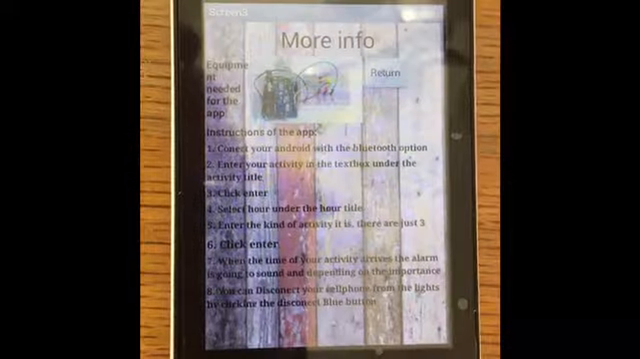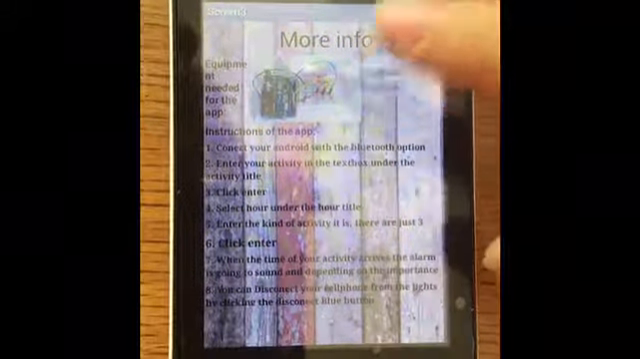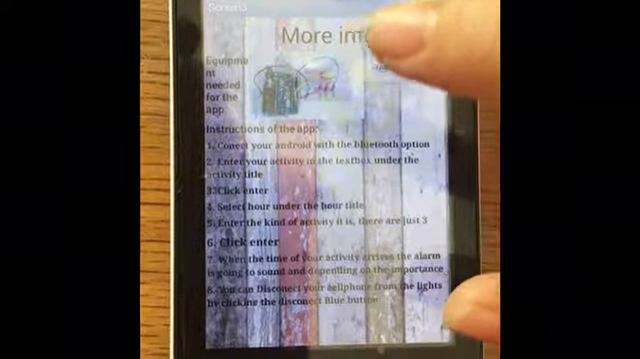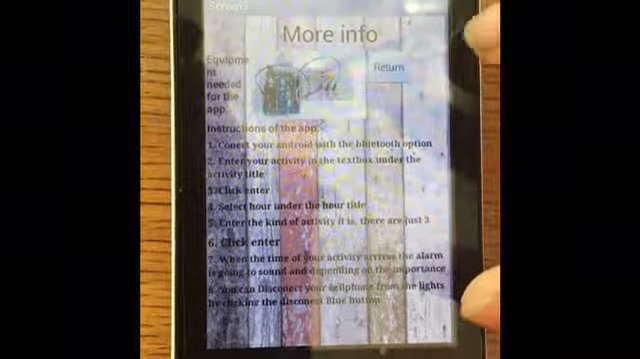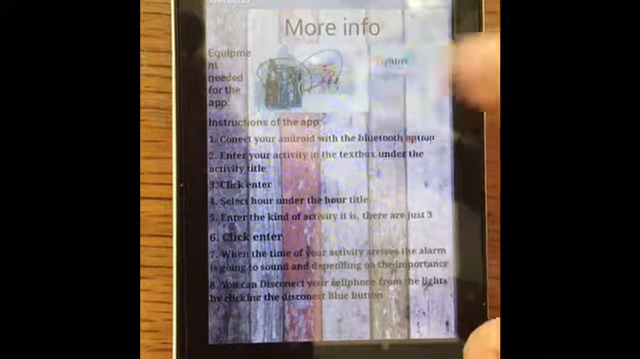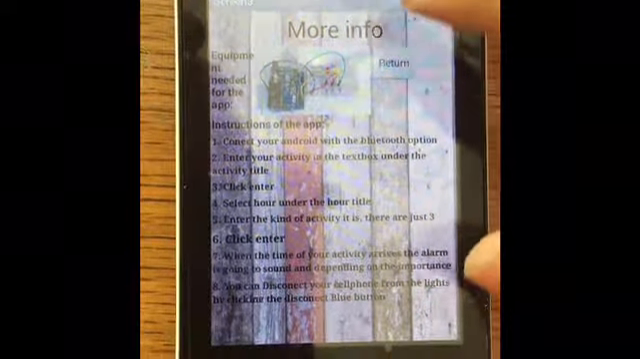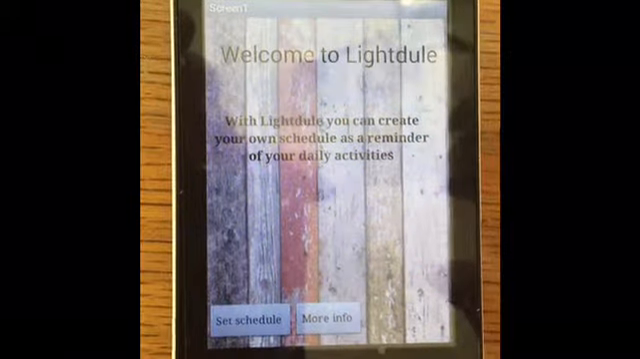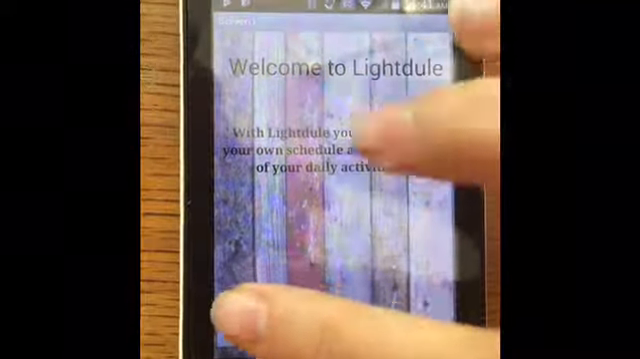In More Info, we're going to find this other screen where there's an image of the equipment you require, a Return button, and the instructions for the app. If we click Return, we will get back to the first screen. Instead, if you click the Set Schedule button,